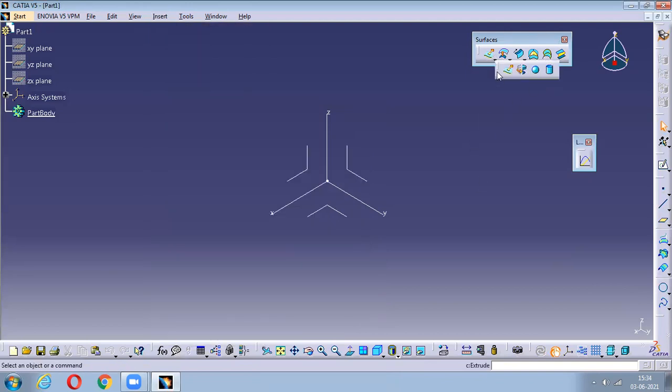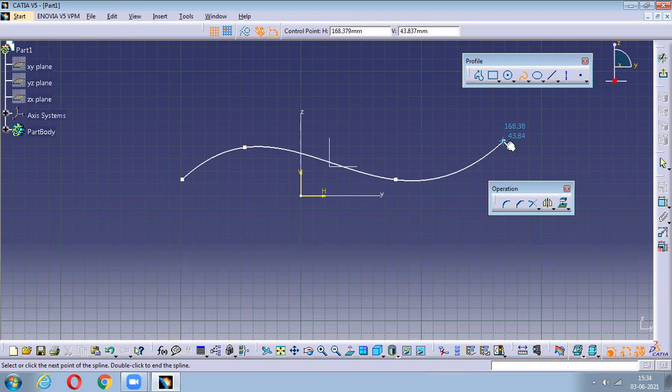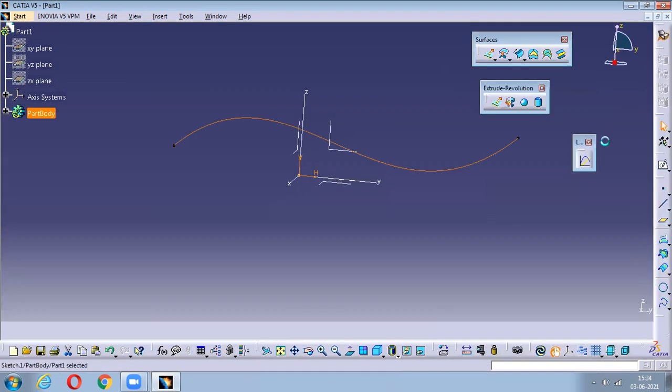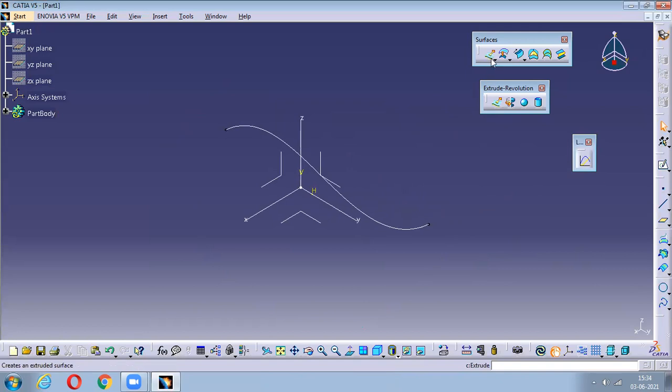In this, the first command is called extrude, and you can notice, once you use this extrude, you can easily add material to this kind of open profile. See, can you add the material to this in part design? No, sir. See, we have the black dots, so it's an open profile. You can't add the material to it, but in this you can easily add. So I'll go with this extrude here.